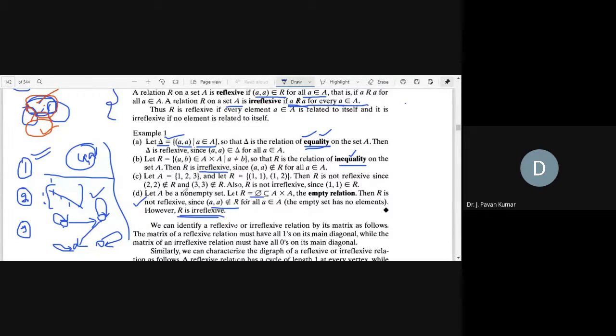So depending upon the application, whichever representation is easier to find, that is the one we will prefer. Although three representations are available, according to the application, we will use whichever is more suitable. Next, coming to other properties of relations like symmetric, asymmetric, antisymmetric. These three we have also seen in the previous class. So let us recall with some examples so that it will be clear to you.